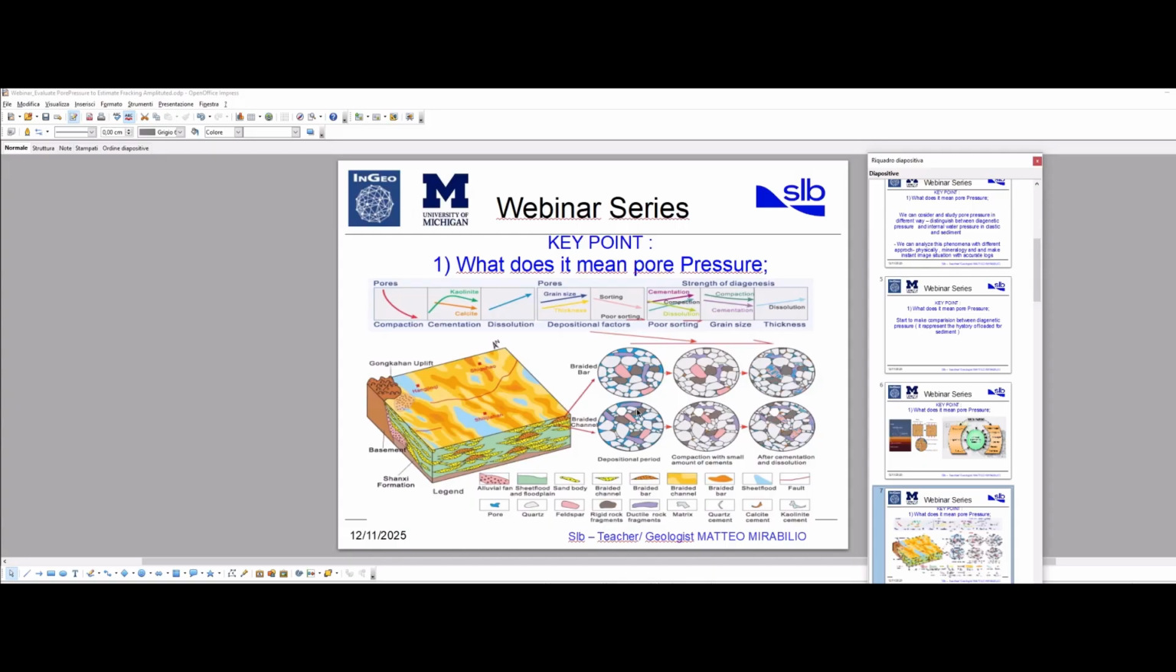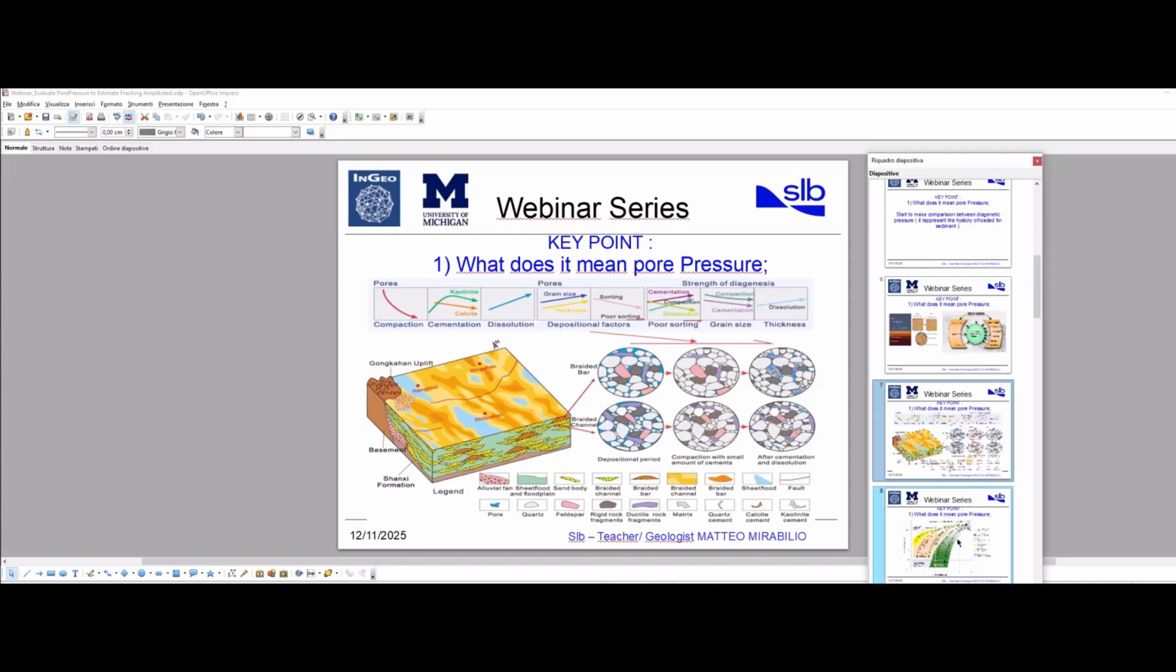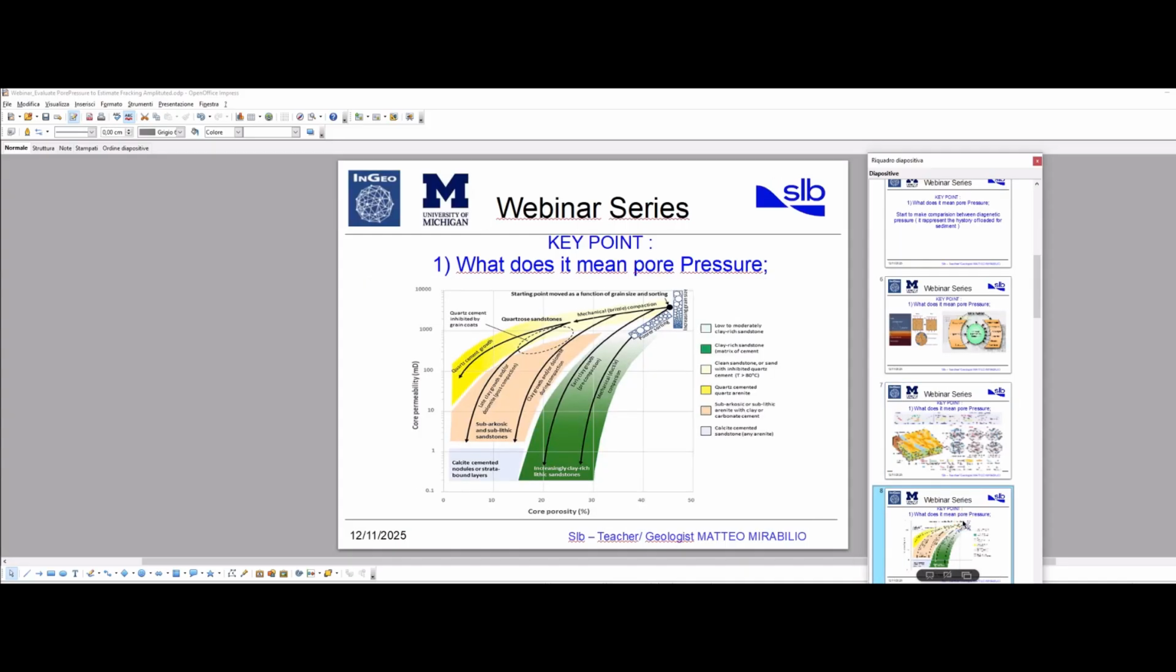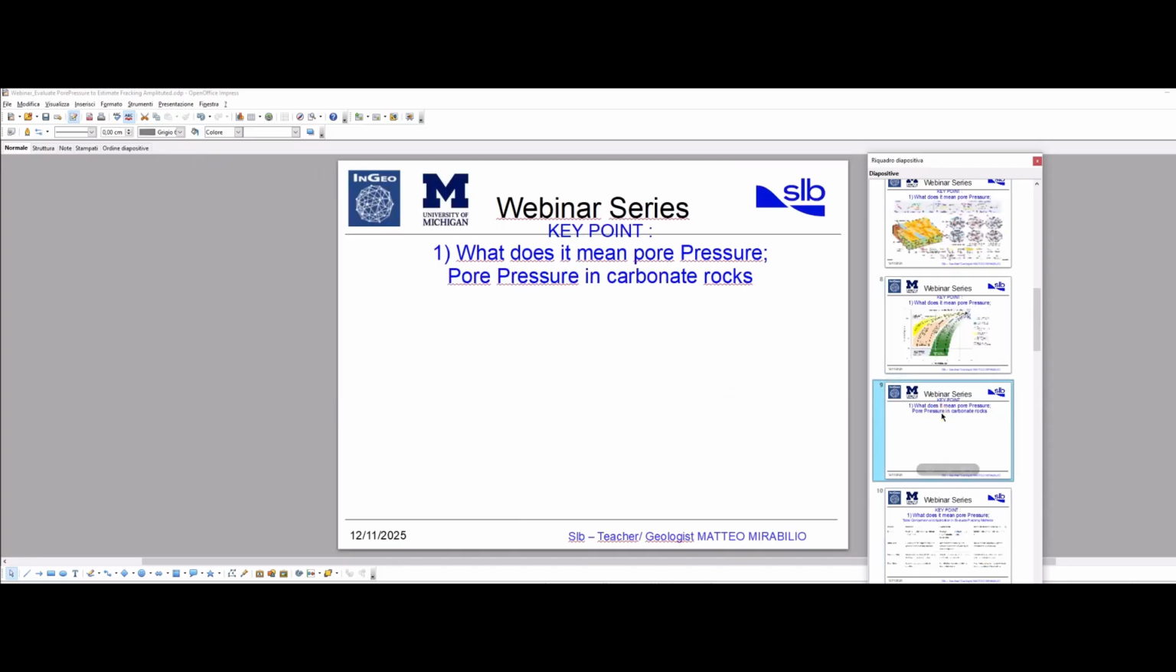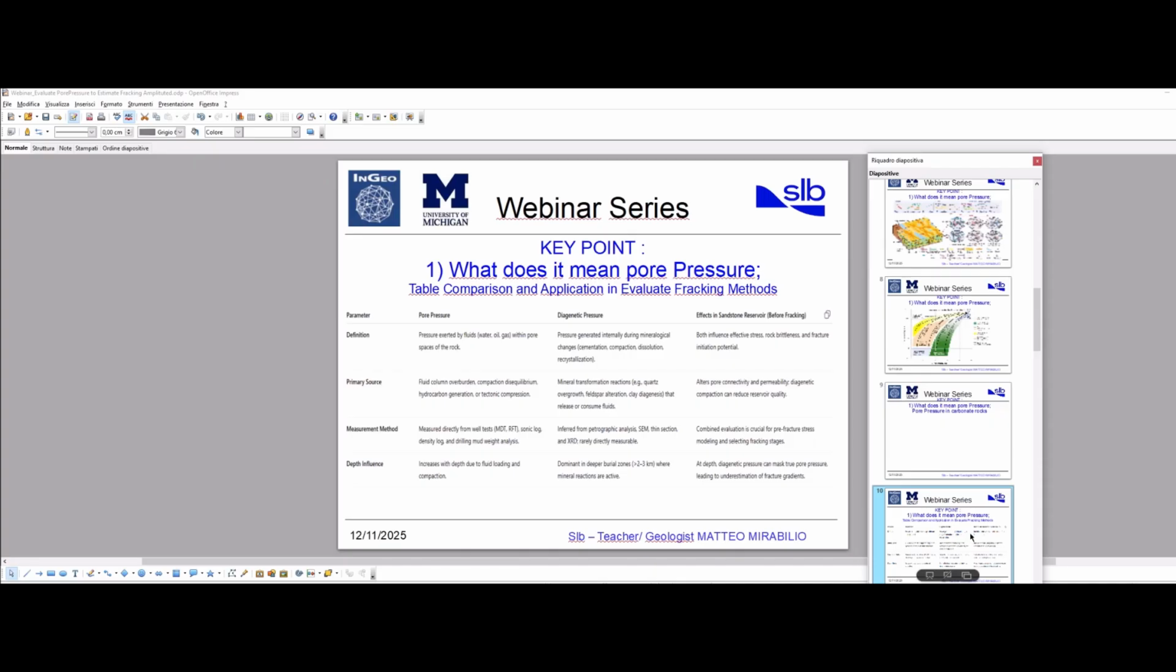So for example, in a complex geological environment like a sediment bar, you can have different types of processes: compaction, cementation, dissolution, and you can also study the grain size, for example with gamma ray and NMR logs. But when you have realized a well, before you want to simulate and create a fracture project, you need to study the pore pressure. So to study the pore pressure, it means